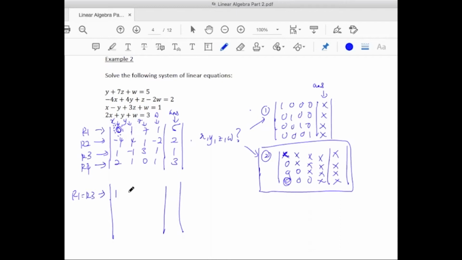So we have, and then we swap row 2 with row 1. So we have, and we swap row 3 with row 2. So we have, and finally we just write back row 4. We have,